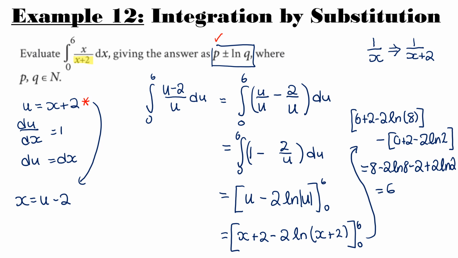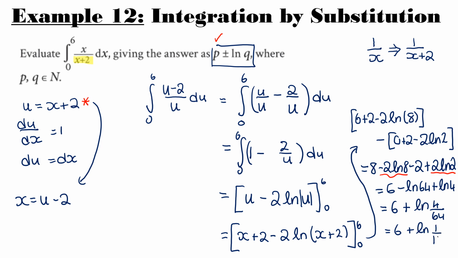So first thing I need to do is think about my rules of logs and how I can maybe clean these up. So the first issue is the coefficients. I'm going to get rid of those and write them as powers. So that's going to be ln 8 to the power of 2, which is 64, plus ln 2 to the power of 2, which is 4. I'm going to use my rules of logs. Subtraction means division. So that's going to be plus ln 4 divided by 64. And that's going to give me 6 plus ln